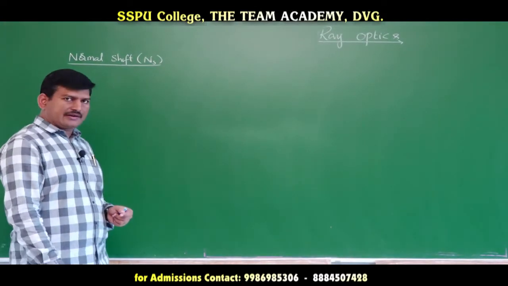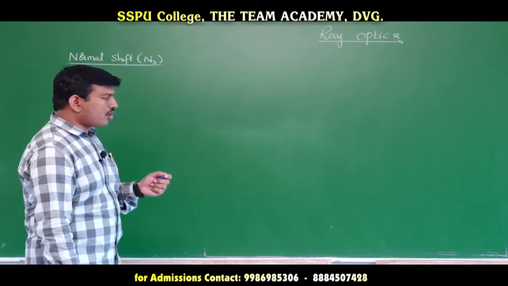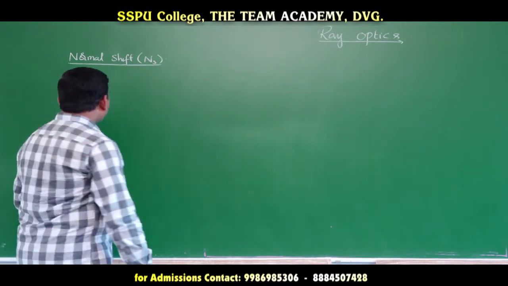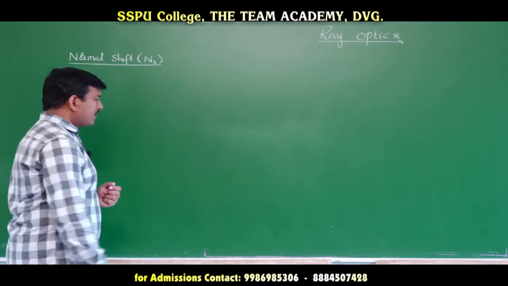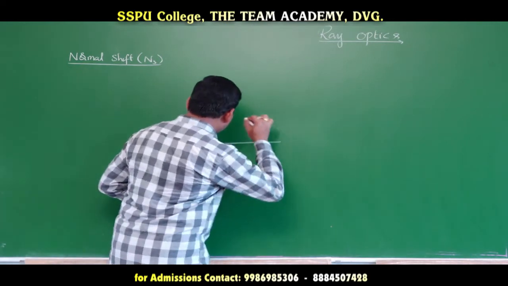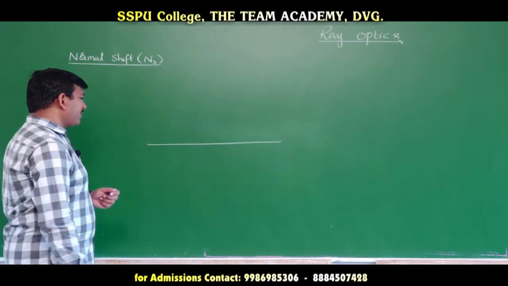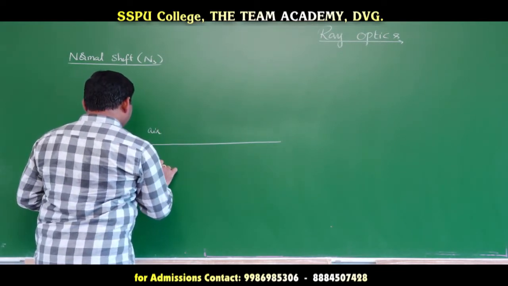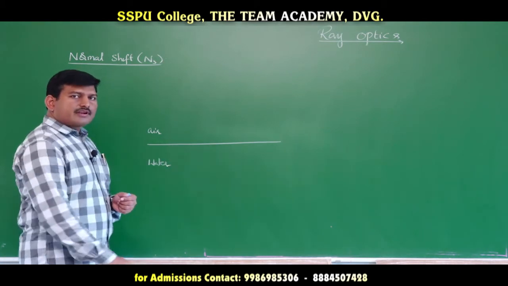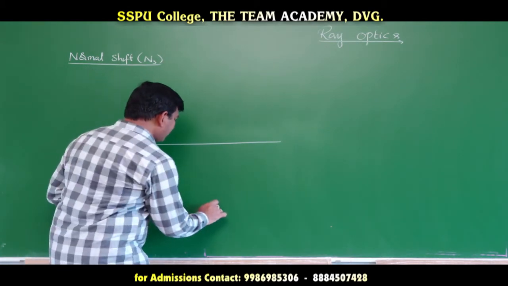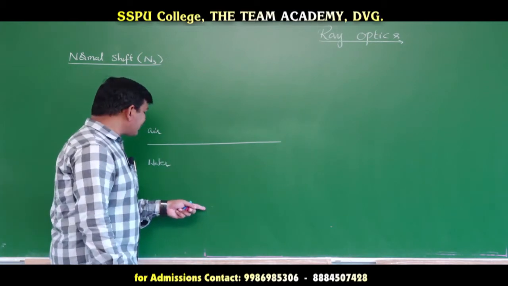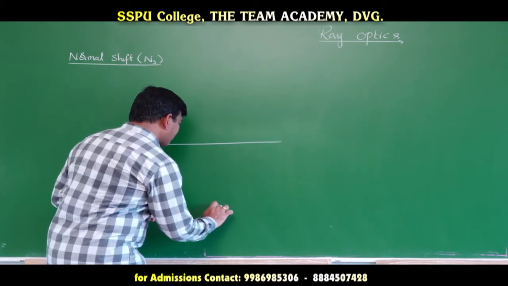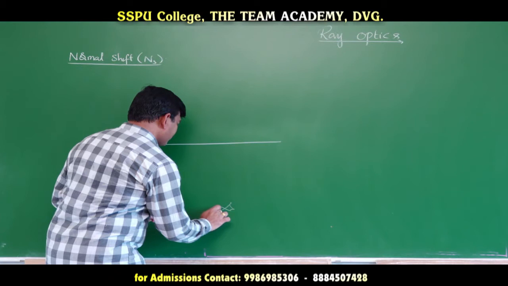We have studied about the lateral shift. Now we are going to study about the normal shift. Normal in the sense of almost perpendicular viewing. So now let us see what this normal shift says. Let us consider this is the interface of two media. Let me choose this is air medium and this is water medium as an example. Now for our better understanding, let me choose there is a point illuminated object inside the denser medium, or let me choose that point object as a fish. This is the fish.